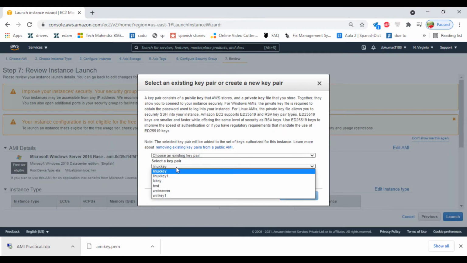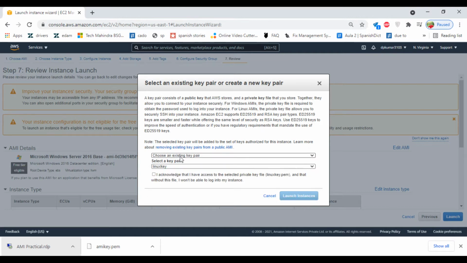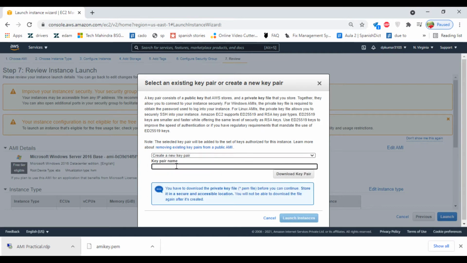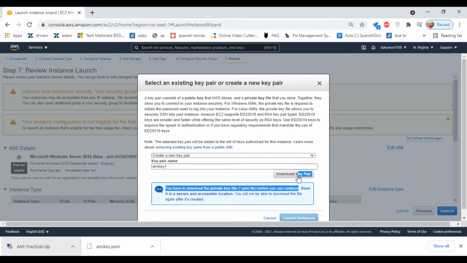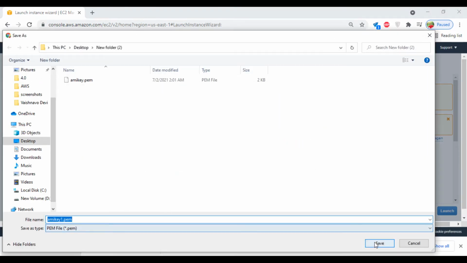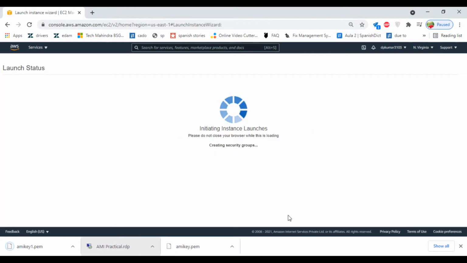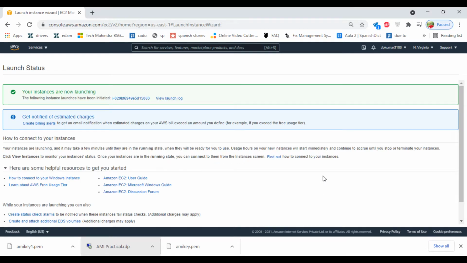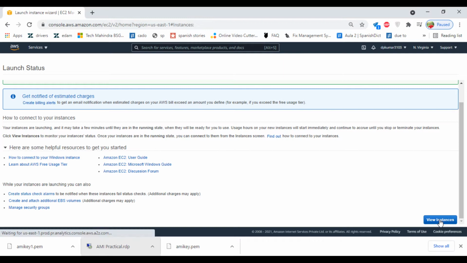I will use an existing key pair. No, I will create a new one. Launch instance. View instance.